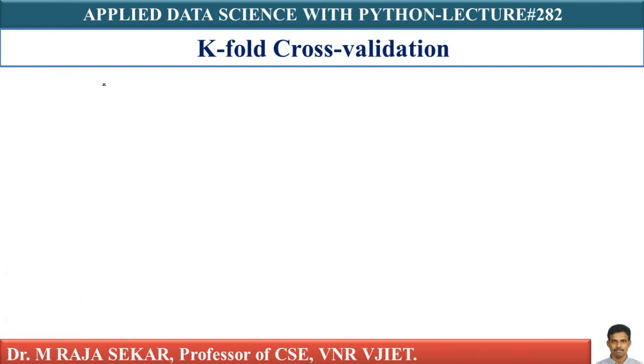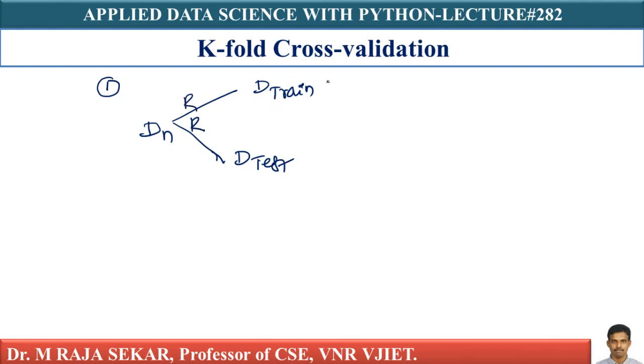Let me write my first step. My first step is we take data set Tn and I am dividing this Tn into two parts. My first part is, let me assume, D train. My second part is D test. I am splitting this Tn into two parts randomly. In D train, I am keeping 80% data. In D test, I am keeping 20% data. D test always stays unseen. This I already discussed in my previous lecture.